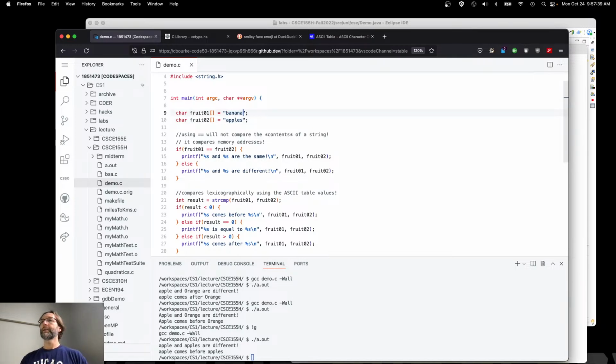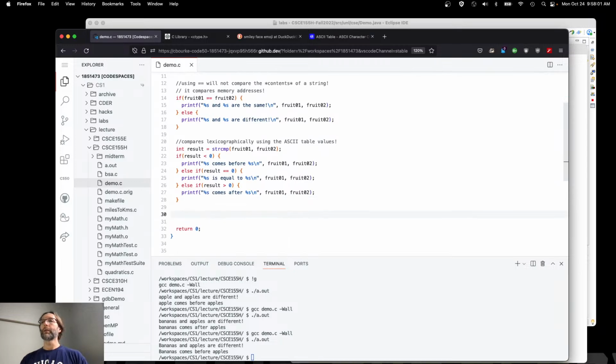And bananas, right? Which one comes first there? Apples comes first. Bananas comes after apples because of lowercase b. But if we uppercase it, then now bananas comes before apples. If you don't want lexicographic, right? If you want to compare without regard for upper or lowercase,